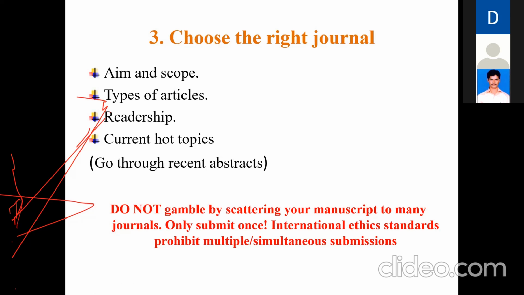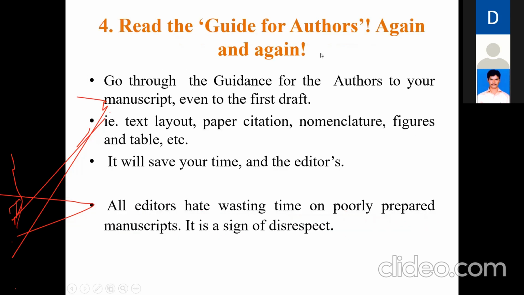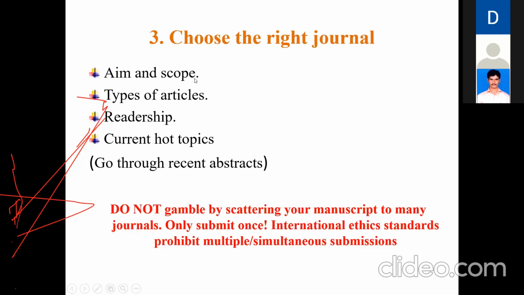For example, if you go to any journal's home page, it has an about-the-journal section. If you click on that, it will show the aim and scope. In that aim and scope, they discuss what fields, that is electrical engineering, not only electrical engineering, power electronics, control system, thermodynamics, mechanical also. Some journals may be multidisciplinary. So first you have to check the aim and scope. Now, I will show how to check the aim and scope.